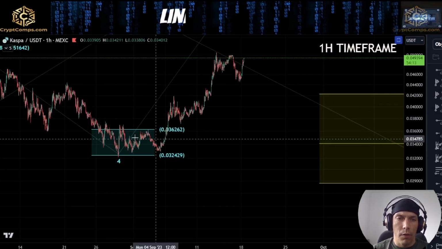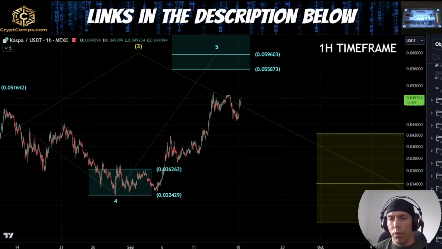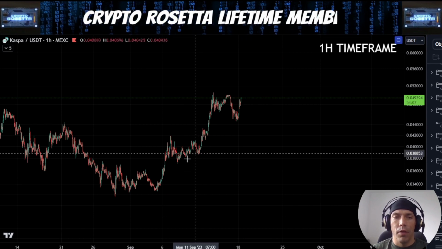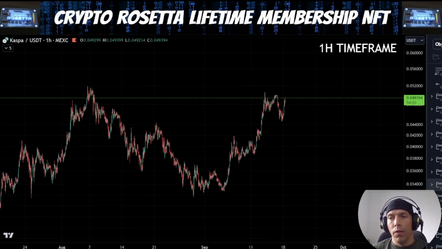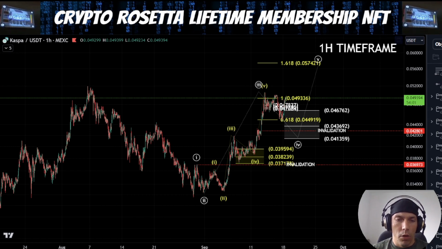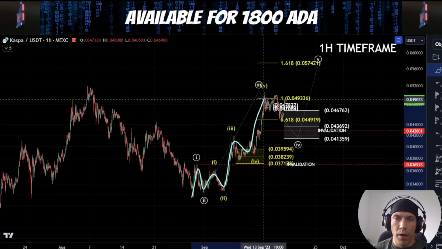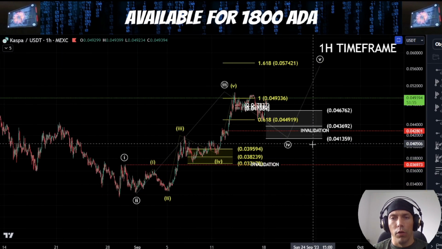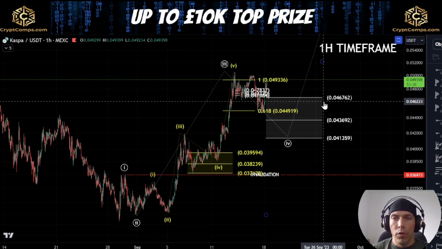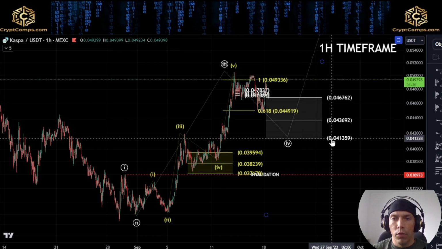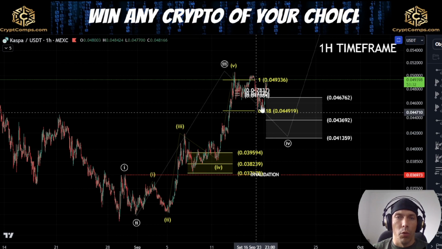So if we do have this as a fourth wave here into the 50% level, what we would then be looking for would be the potential that this move is actually looking to break to the upside in an impulse. Now there's a couple of ways of looking at this. We could argue that internally here we have this 1 2 1 2 3 4 5, and we could be looking for this white wave 4. Now within this idea, what we'd be saying is that for as long as we hold this 0.467 to this 0.413, we could potentially be looking for this move to continue.